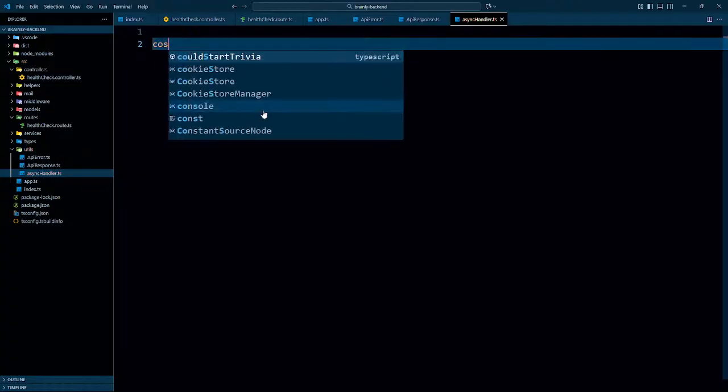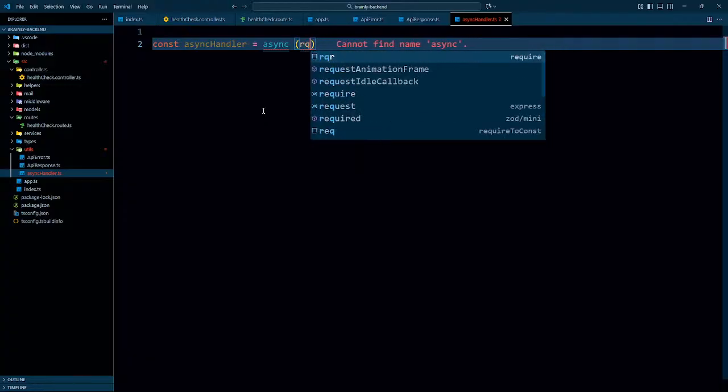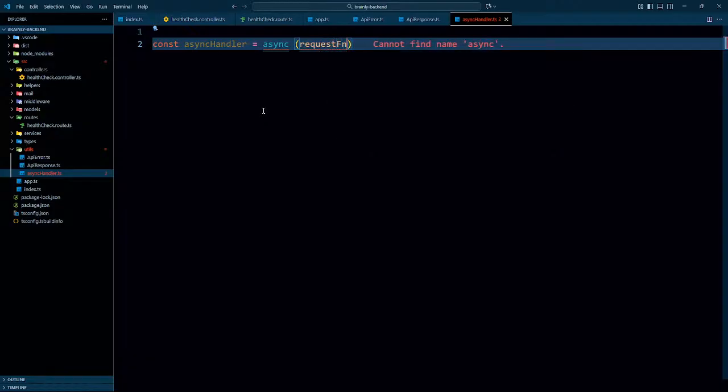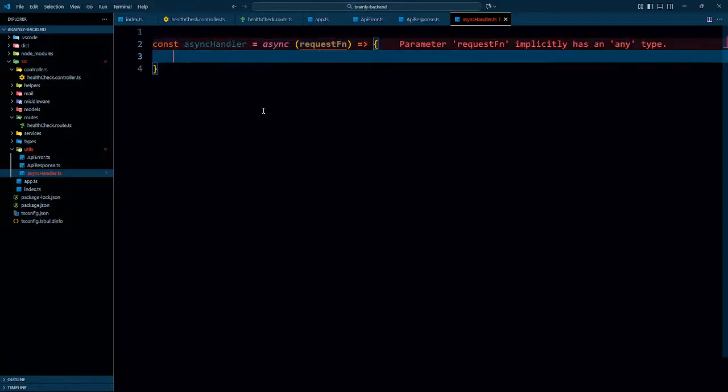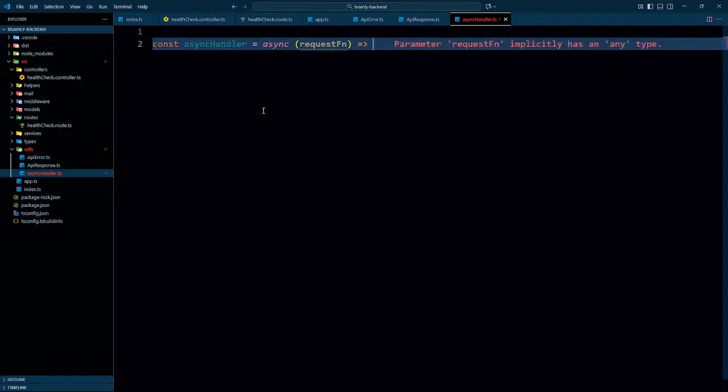So const asyncHandler is equal to, I'll be exporting it by default, something like that. Yeah, so what does this do? It is an async function. Interesting. It is a function that takes a request function, and once it got that request function, then it returns a function.